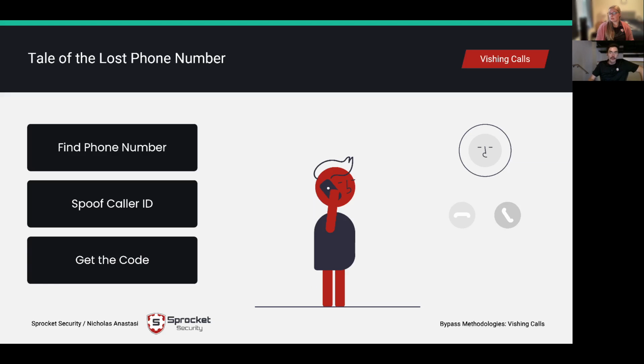Other option is, "Hey, you just should have gotten a text message. Provide me with that code," or it's usually the bouncing around of me pretending like I don't know what type of MFA they're using. So I'll say, "Do you use like an app to get a code when you log in?" Could be Authy. I'll just start listing services like Authy, Microsoft Authenticator, Duo, and eventually they'll go, "Oh yeah, I use Duo," and I'll say, "All right, there should be a code in there. Can you provide it to me?" They'll provide it. This is a relatively successful or reliable technique for us, as an MFA bypass method.